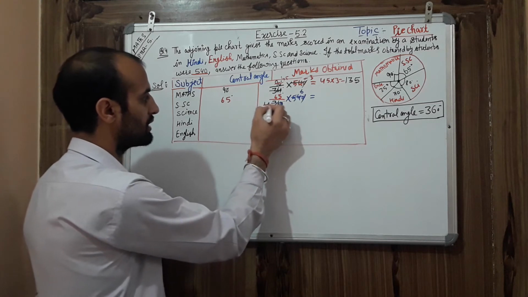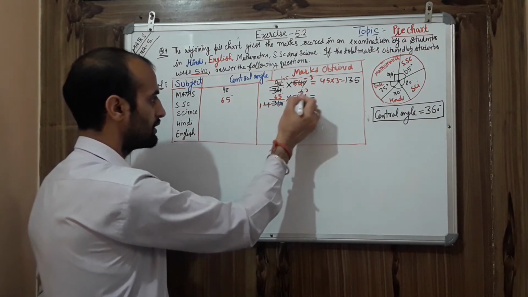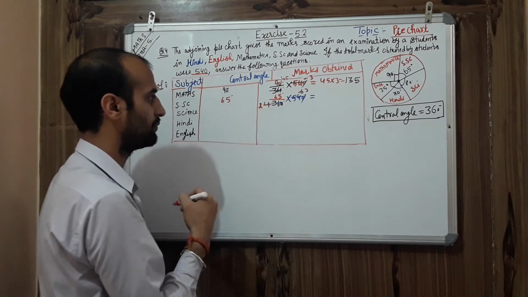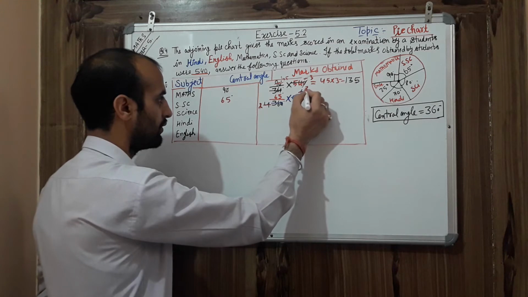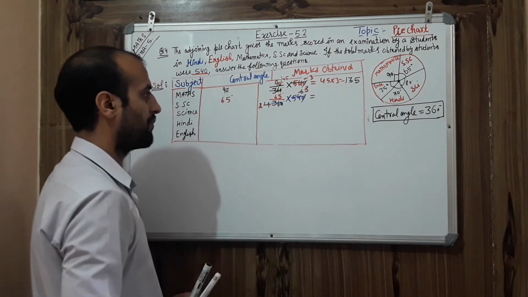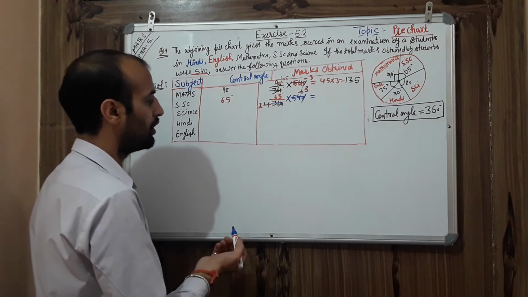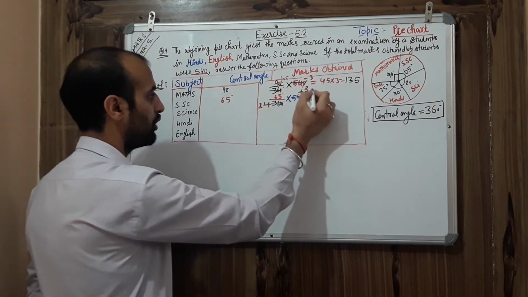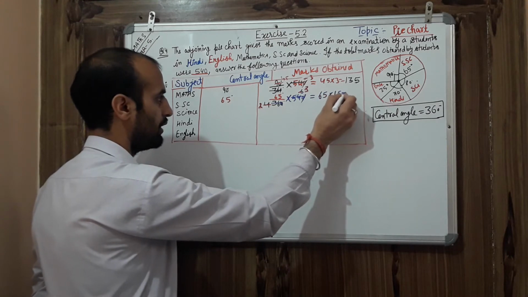Overall, if you are going to cancel it, it becomes 2 by 4 and 3 by 6. 2 will be left here. Then lastly you can cancel out the upside. 65 we can cancel with 2, or even you can cancel this, so it becomes 1.5. So I need to multiply 65 into 1.5.